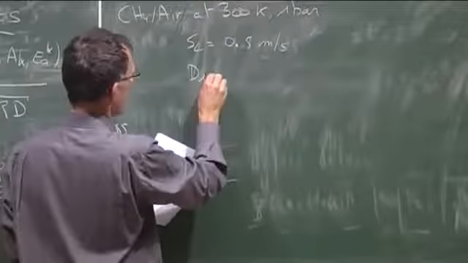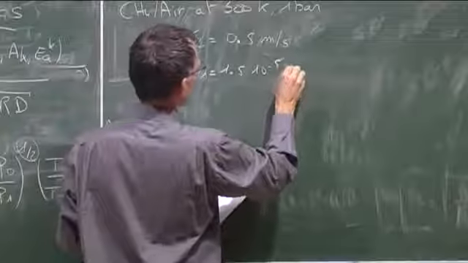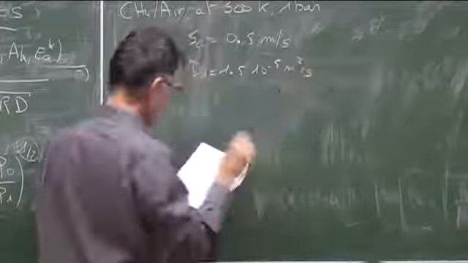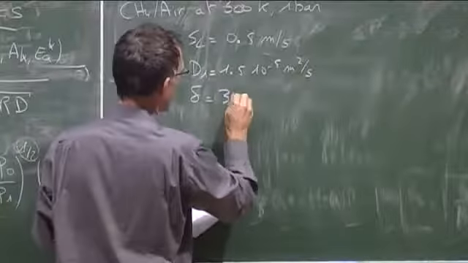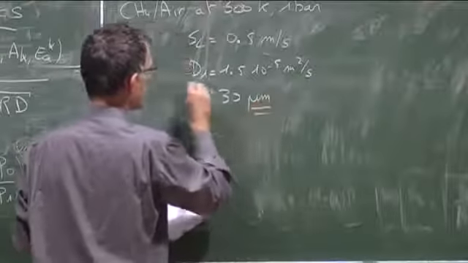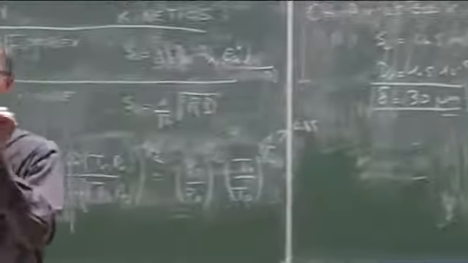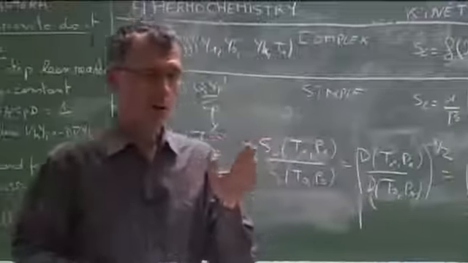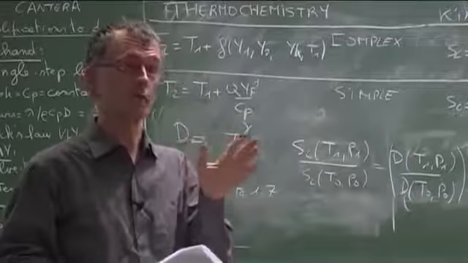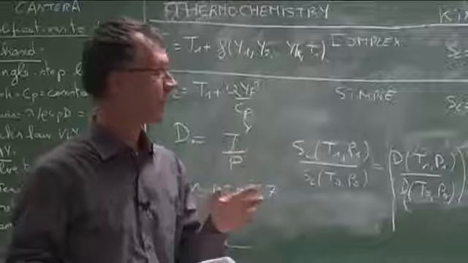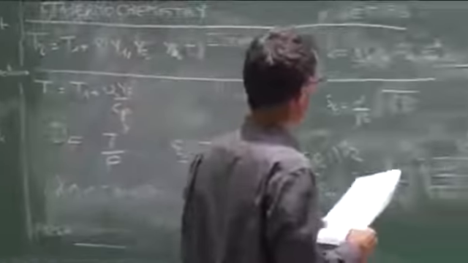The diffusion coefficient in air is of the order of 1.5 10 to the minus 5 meters squared per second. So it gives you a delta, a flame thickness, of the order of 30 micrometers. It's an estimate, but you can see that the flame front is extremely thin. It's not a shock, a shock is even smaller, but still, it's a very thin interface. And when we're going to have to compute it, it's going to raise specific problems, because in 30 micrometers you need to put meshes, and that's going to be difficult. But that's an easy case.